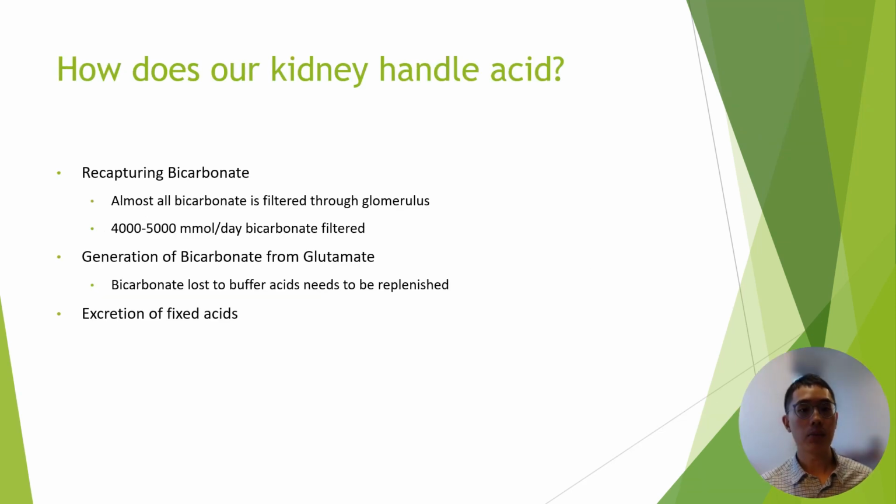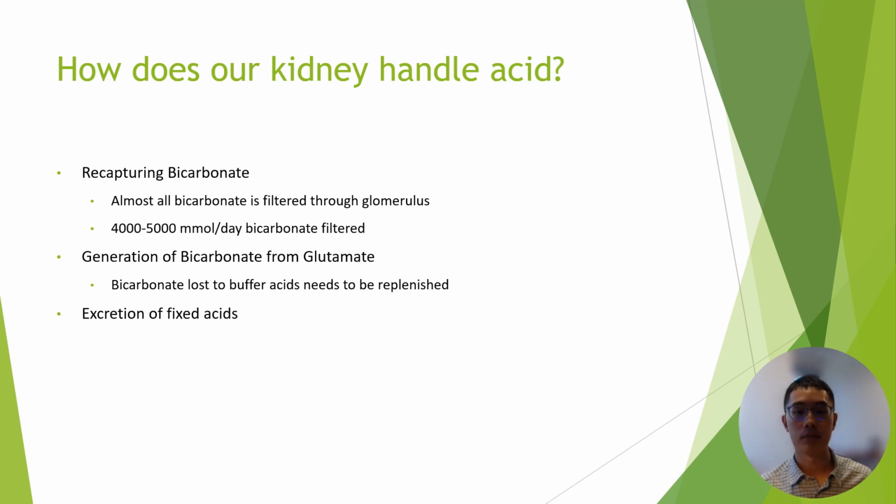Our kidneys generally play three important parts in acid-base balance. The first is that they recapture all of the bicarbonate that is freely filtered through the glomerulus. The reabsorption process is similar to sodium reabsorption, where upwards of 80% of the filtered bicarbonate is reabsorbed in the proximal tubule. The remaining 20% is reabsorbed through the thick ascending limb of the loop of Henle, the distal convoluted tubule, and